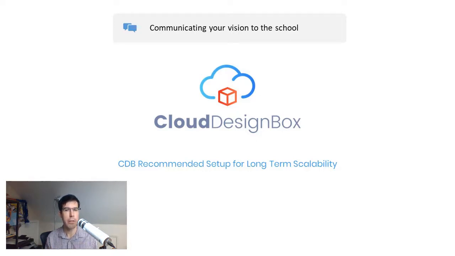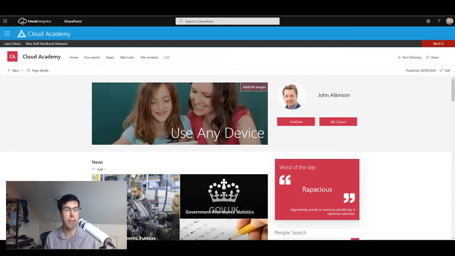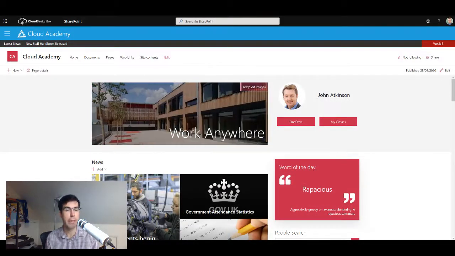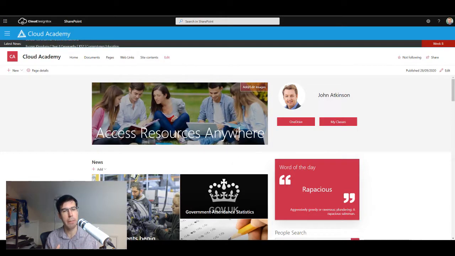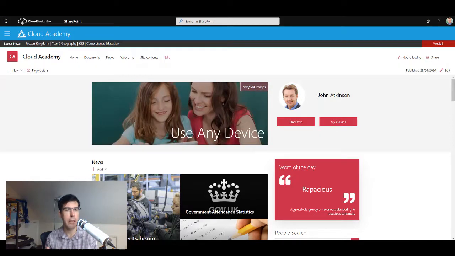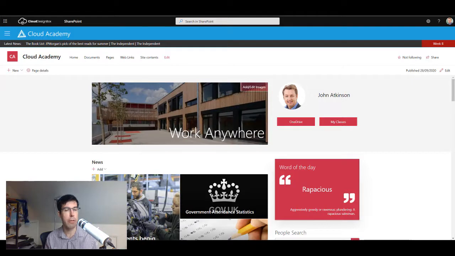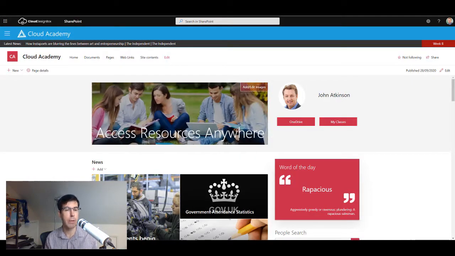So what I'll do is show you a quick demo of what this vision might look like. This is one of the sites that we plan out, but obviously you can do your own as well. When we first log in, we're coming to SharePoint, and this is the key communication place for everybody within the school. It's a place where you can publish information to large groups of people in the organisation, whether it's students or staff. And we jump into Teams when it comes to collaboration and working with other people.